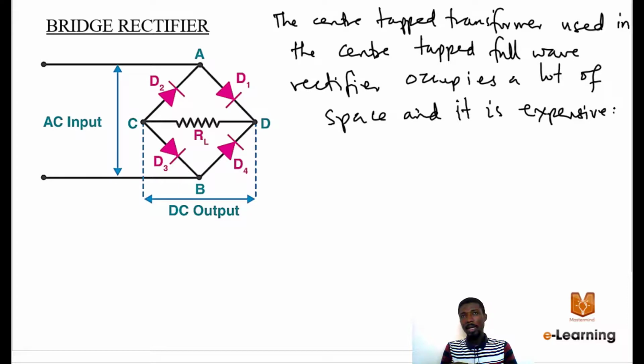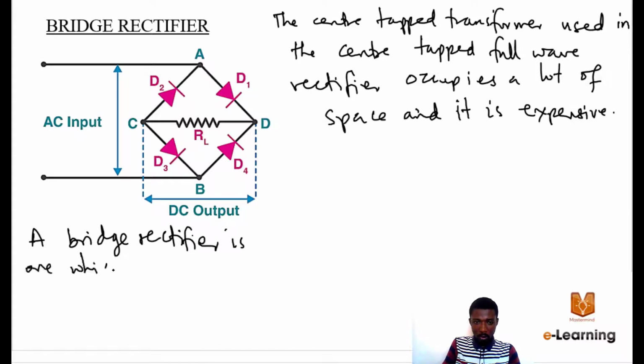So then another type of rectifier has to be developed that will help solve this problem. And so the bridge rectifier comes into the question. You see that for the bridge rectifier, there is no transformer. In its place, 2 extra diodes have been introduced into the system. And so a bridge rectifier